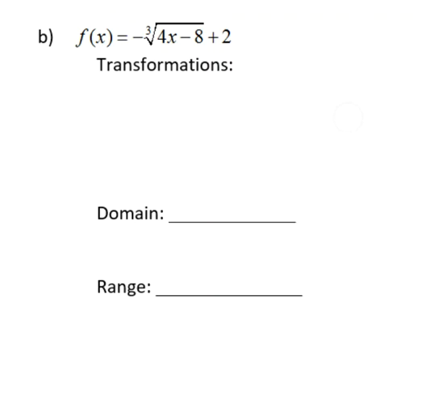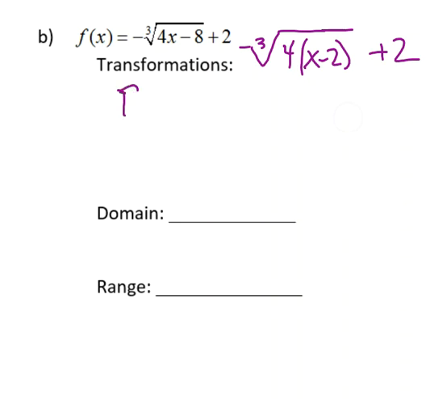I have a cube root function, and I've got negative cube root of 4x minus 8, and then a plus 2 on the outside. So I want to start by rewriting it with it factored out. So it says 4x minus 2, and then a plus 2 on the outside. What this will do is it'll allow me to tell what is my horizontal translation versus what is a horizontal